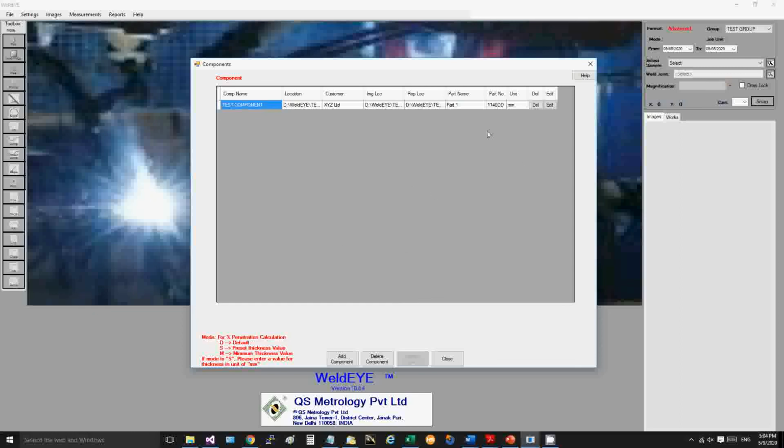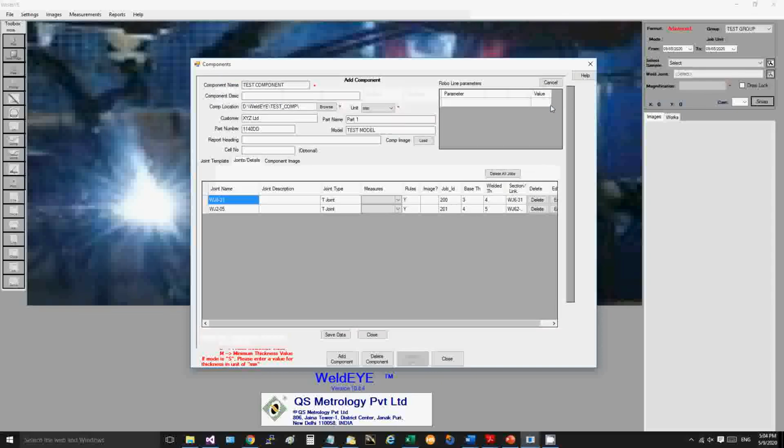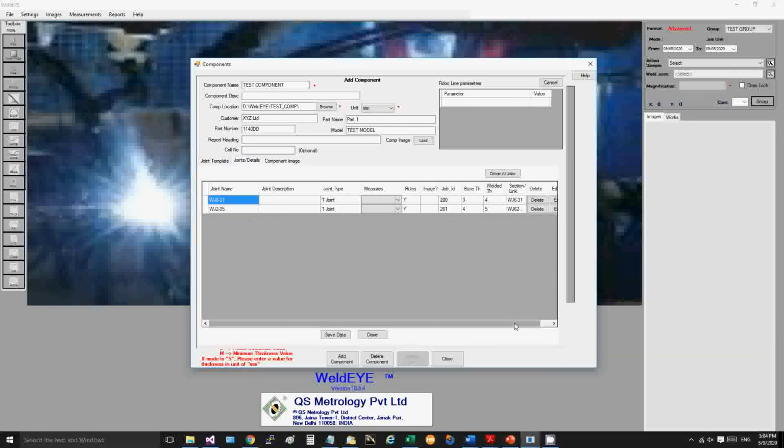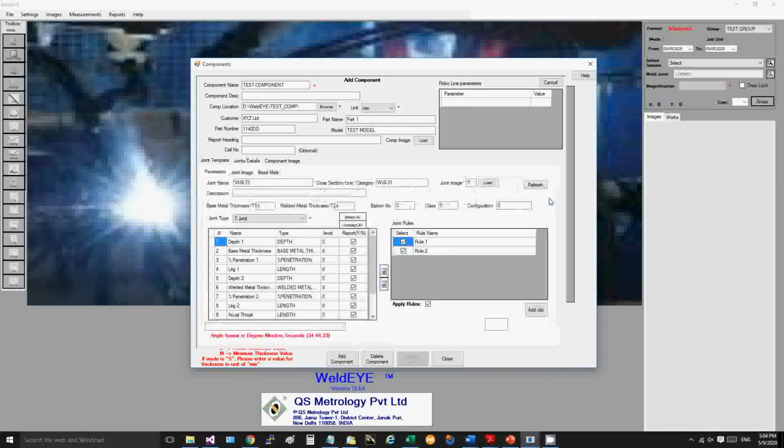I can always come back and edit it and add more or make some changes to that. For that you click on the edit button, and it will show you my component image, my joint details. You can edit each joint by clicking on the edit. If you want to disable any parameter, I can do that, or you can leave it like